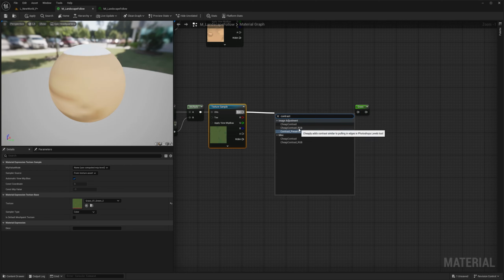There are two ways to do it here. CheapContrast is just one single vector of information, so if you want to change the contrast of just one channel. And then you have CheapContrast_RGB. That's the one that I want. Click it. You see that it's connected to a V3, a three-vector information, RGB. And then I have a scalar, which is the name of this. If you press S and click, you essentially create a version of this.